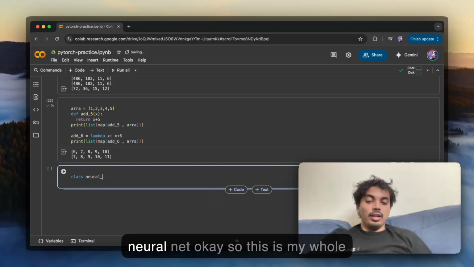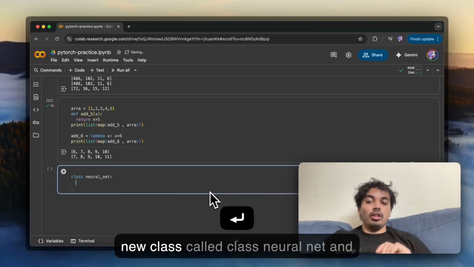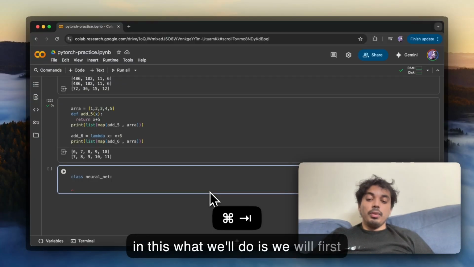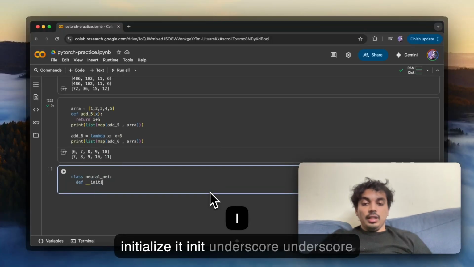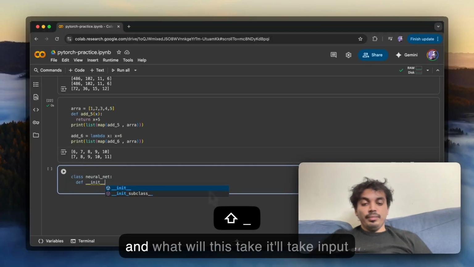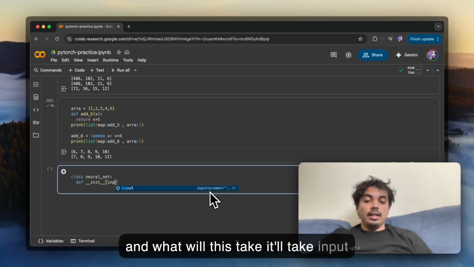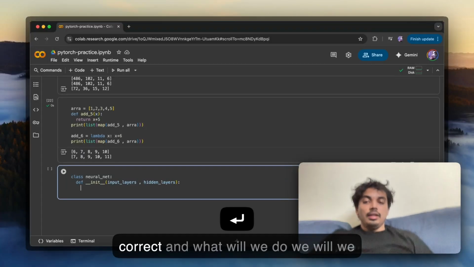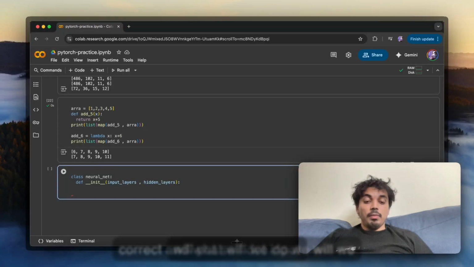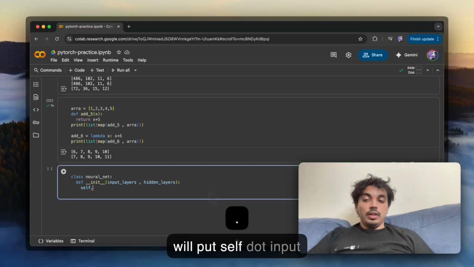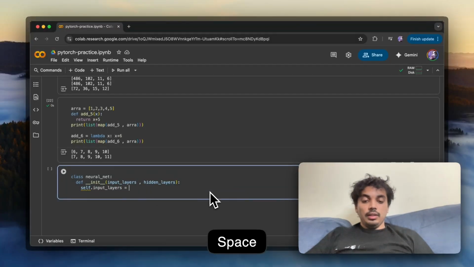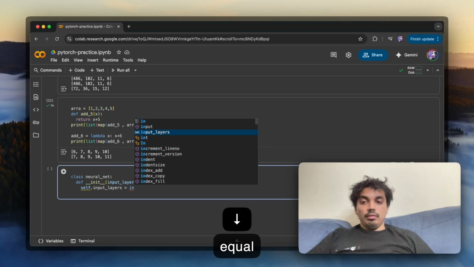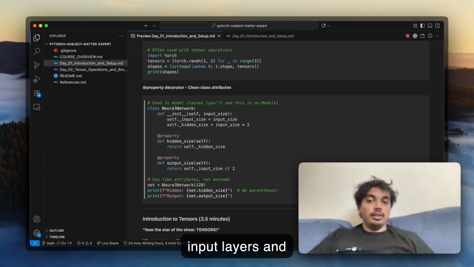If you write class neural net, okay, so this is my whole new class called class neural net. And in this, what we'll do is we will first initialize it, init underscore underscore. And what will this take? It'll take input layers and it'll take hidden layers, correct? And what will we do? We will put self dot input layers is equal to input layers, and